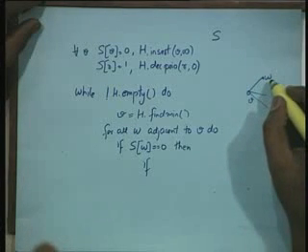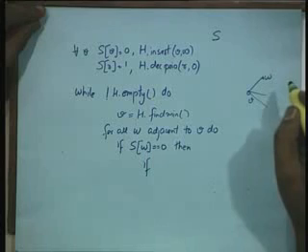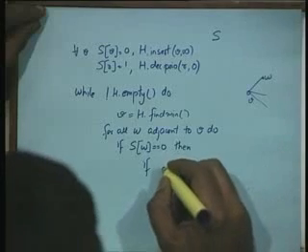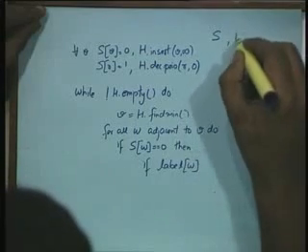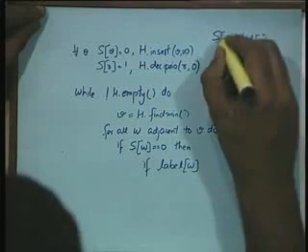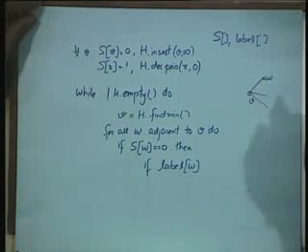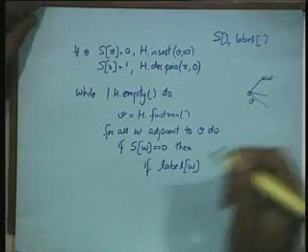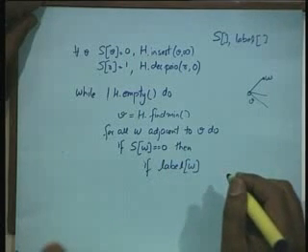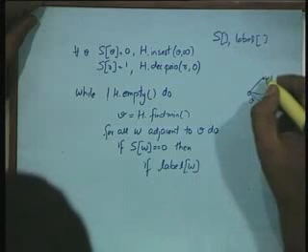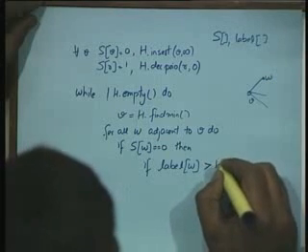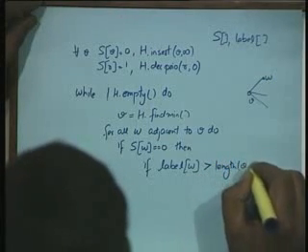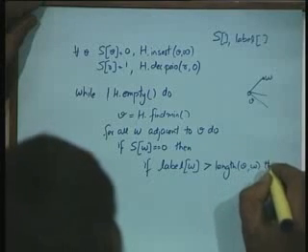If label of W is greater than length of V comma W. Yes, so we will need a label array somewhere. If label of W, so मान लीजिए एक हमारी label array भी है, right, which is keeping track of our labels. So if label W is greater than length of V comma W, then